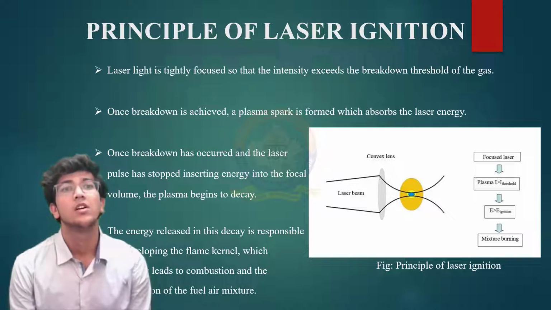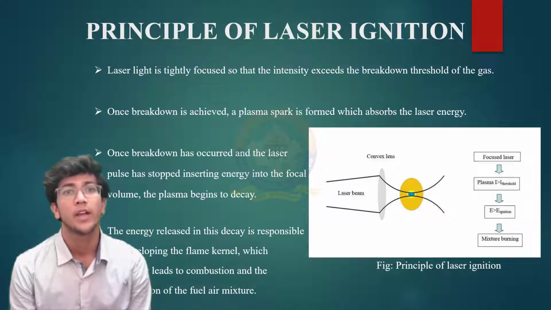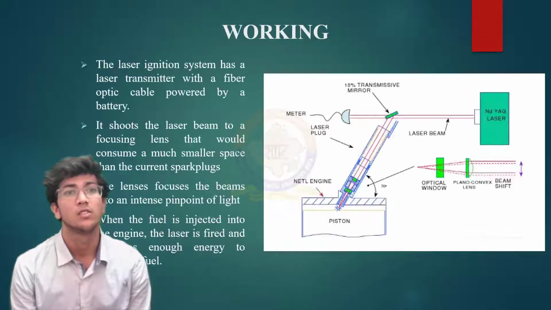Basically, when the laser beam is passed through a convex lens, the lens converges the beam and makes it immensely strong and sufficient enough to start combustion at that point. Hence, the fuel is ignited at the focal point. As we can see in the figure, a convex lens is converging the laser into a fixed position, and the following mechanism shows the ignition of the fuel.